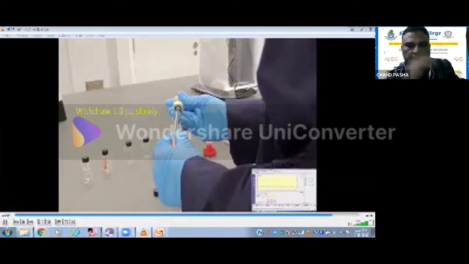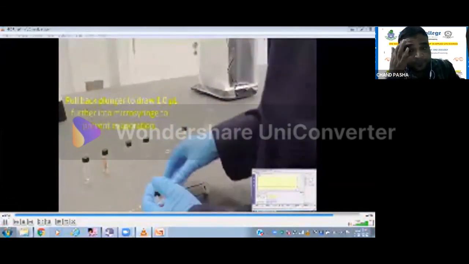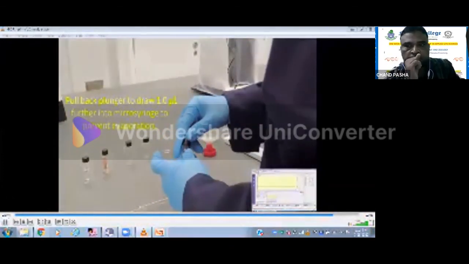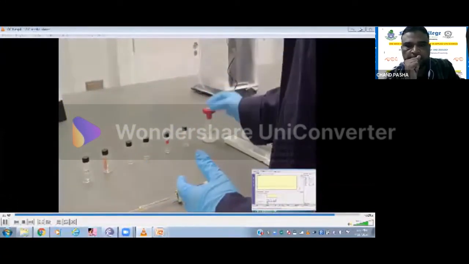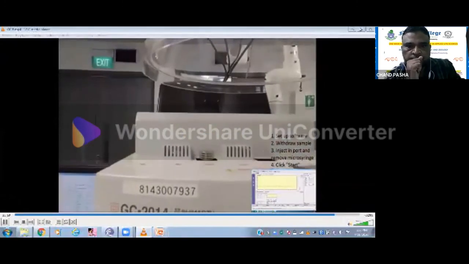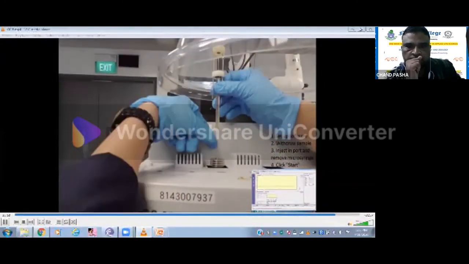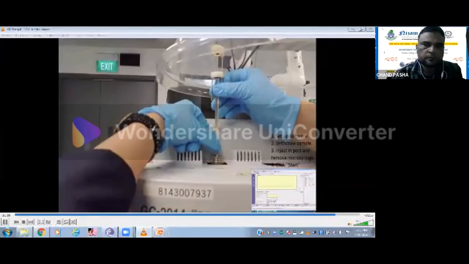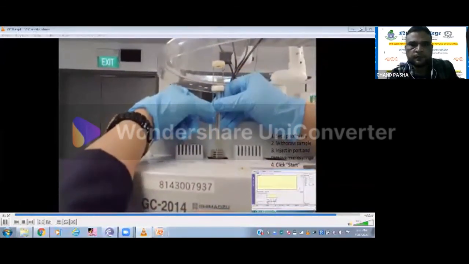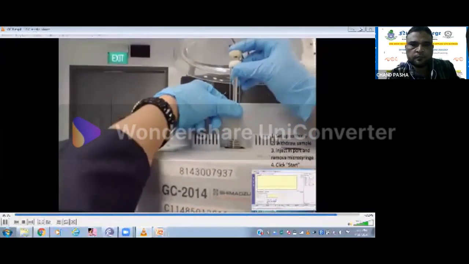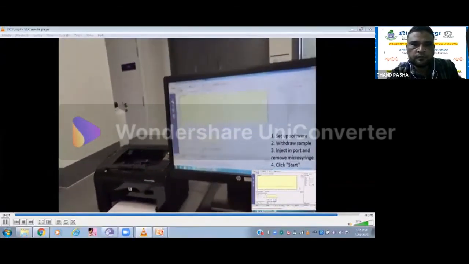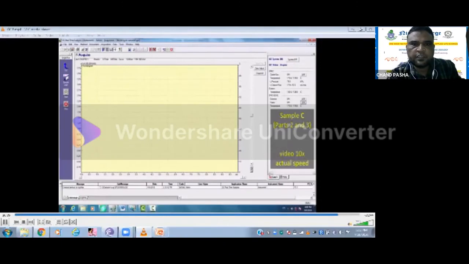So we'll be taking 1 microliter again. Report we'll see once the entire process has been completed. Now it has gone into acquiring stage.